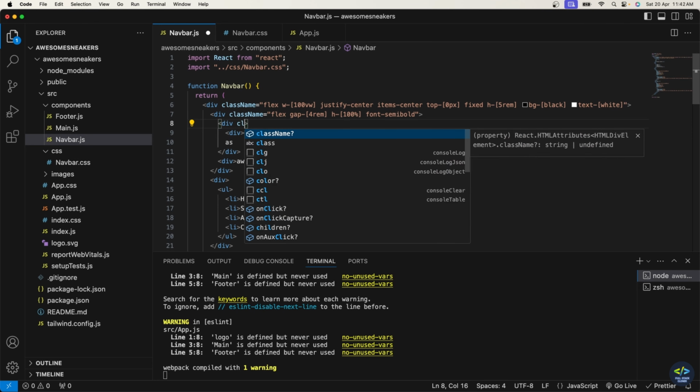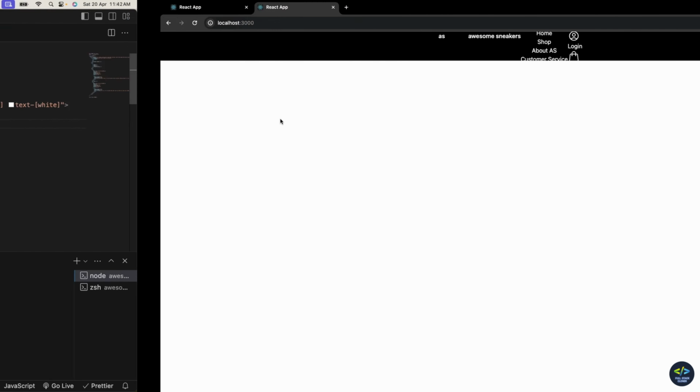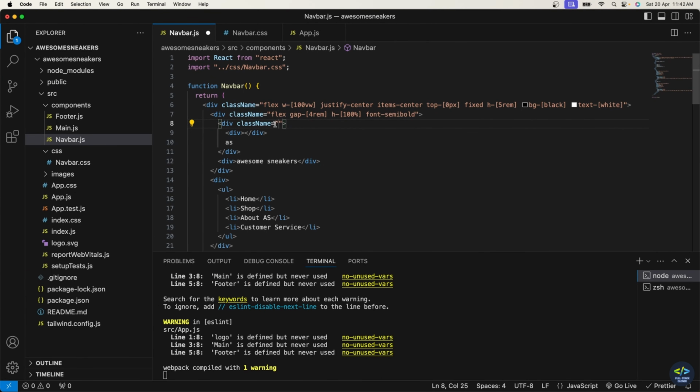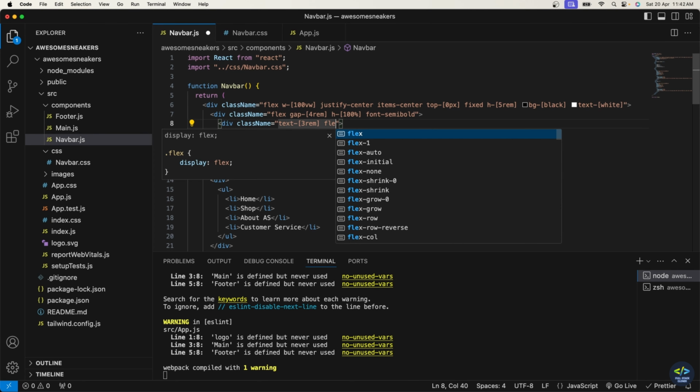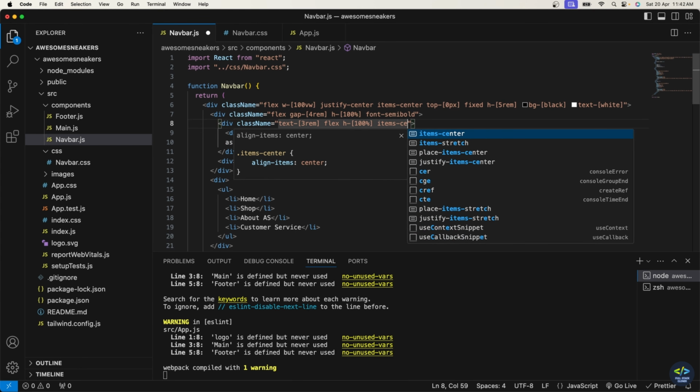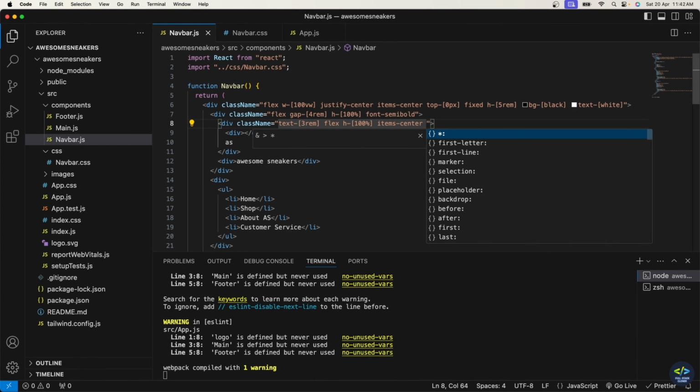For this class I'm going to write this. So I want my AS awesome sneakers to be as big as this, so I'll specify text property to be 3 rem, so that it increases the font size to 3 rem. Now this is aligned